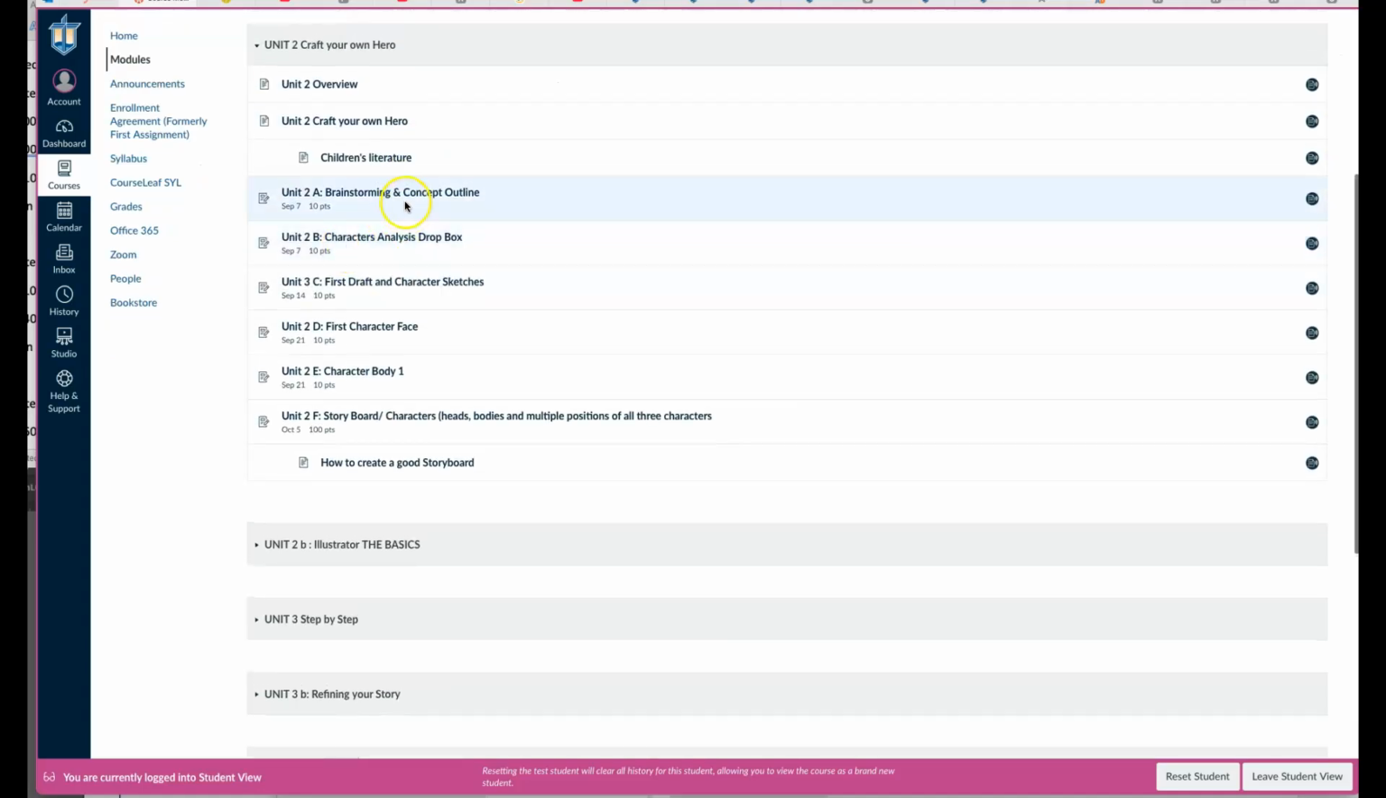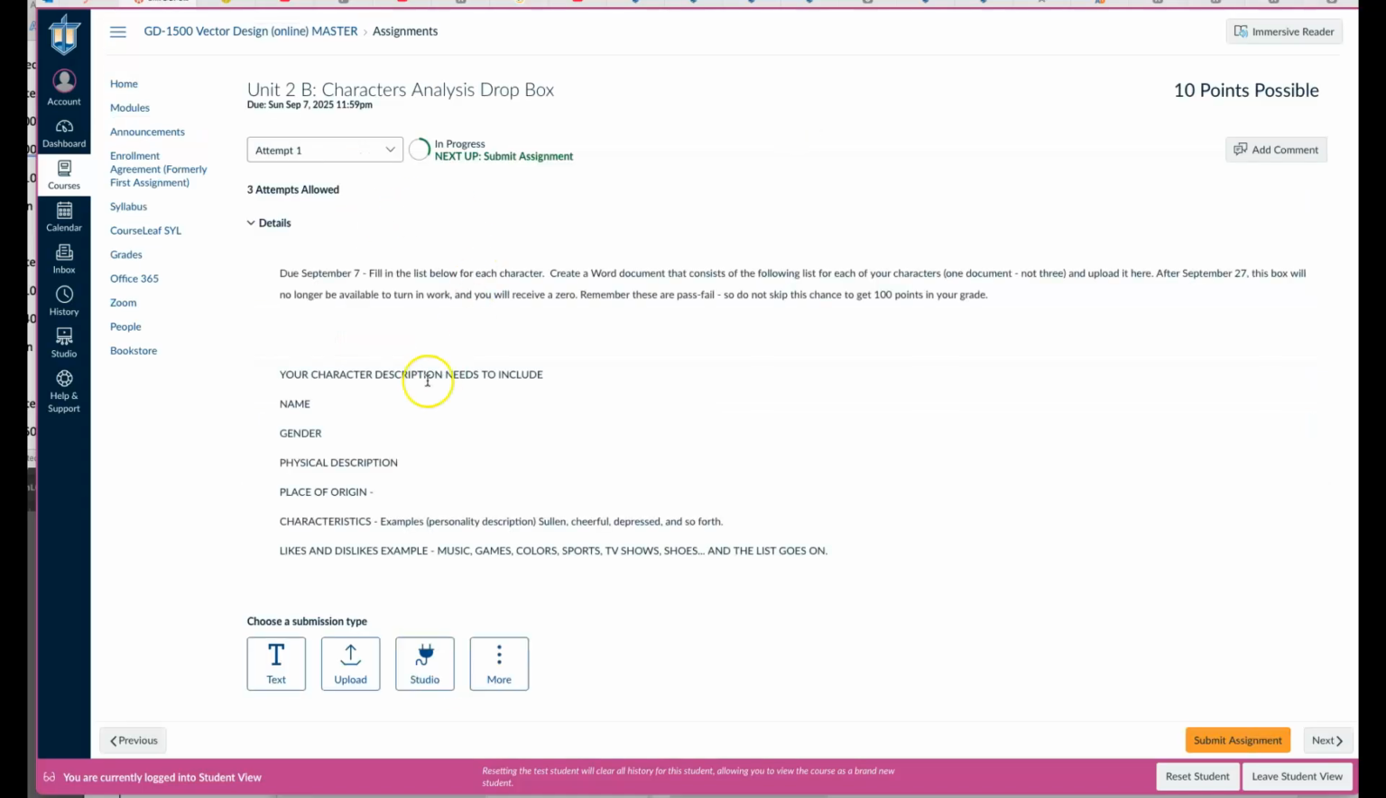And so the next one that we have here is character analysis. And so this is where you would talk about your character. And so very simple. You can go ahead and copy everything I've written here. Your character description, their name, their gender, their physical description, their place of origin, their characteristics, their likes and dislikes,